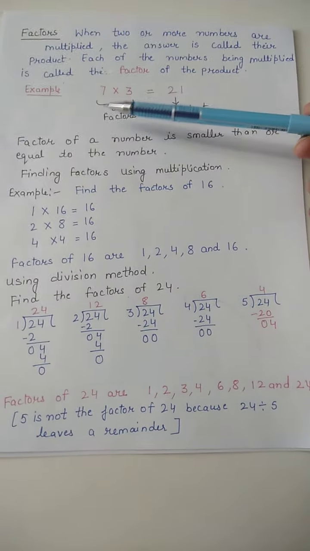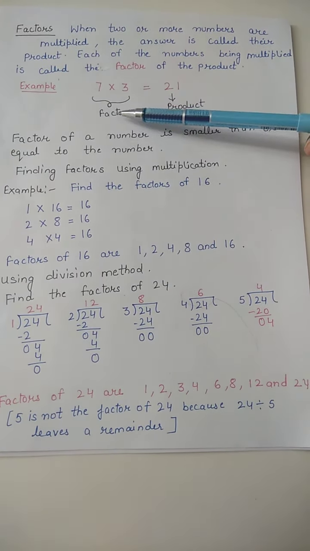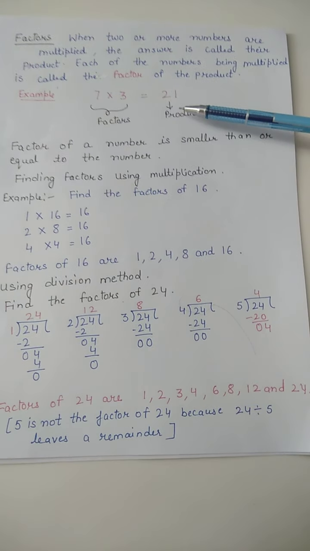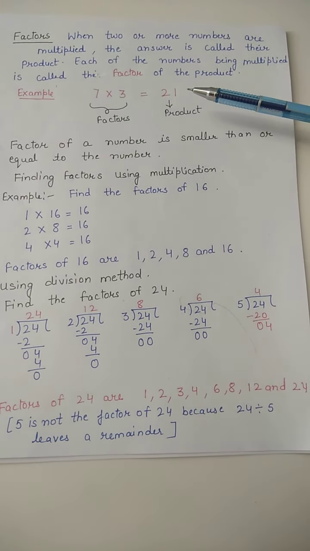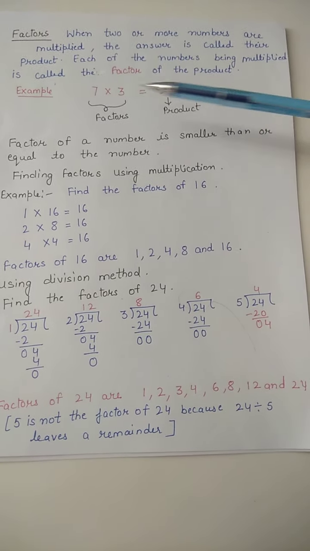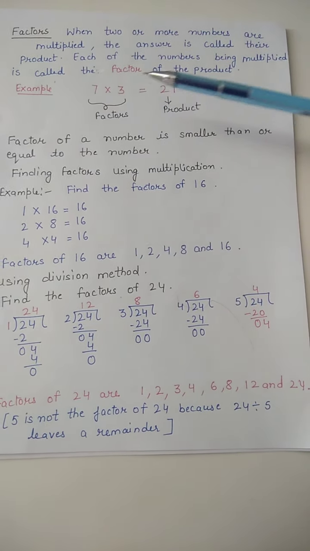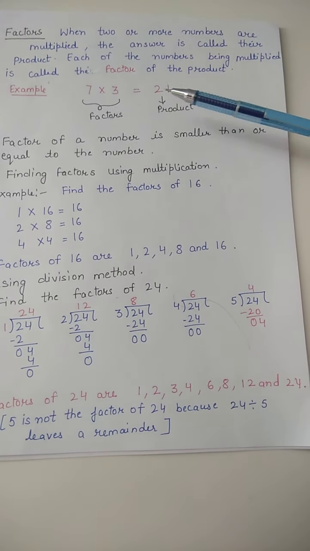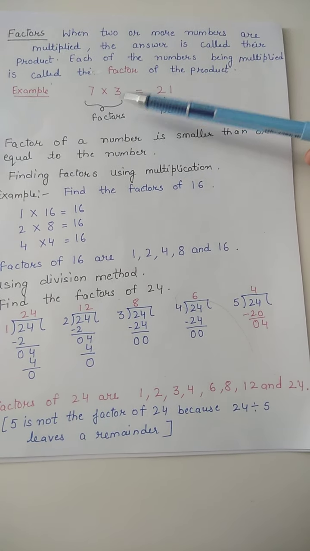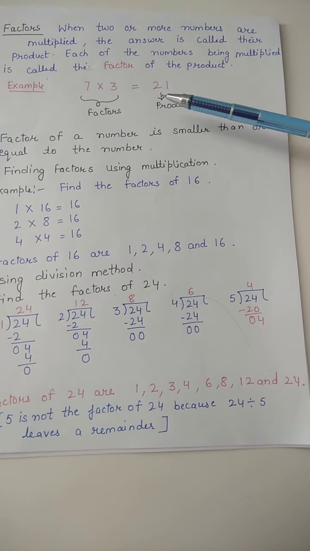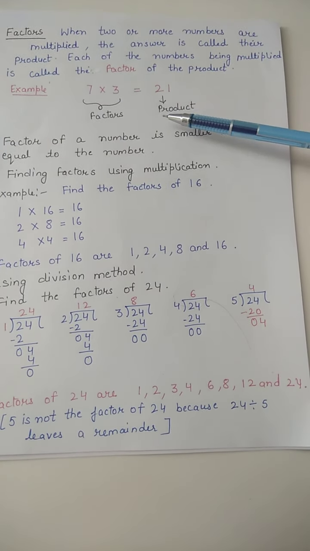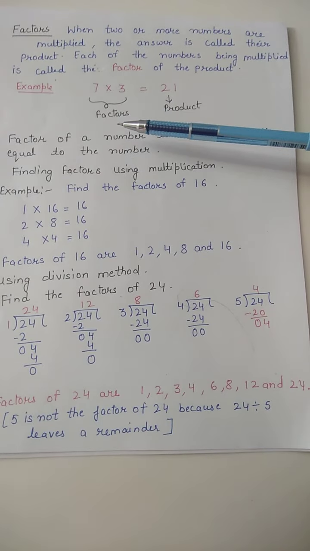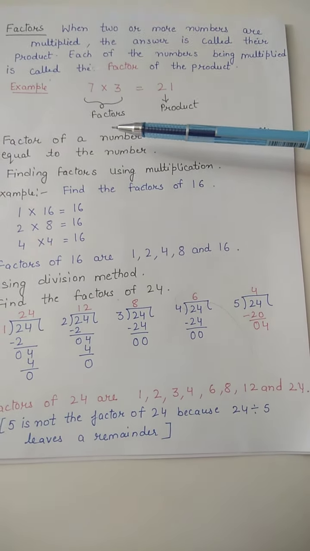Getting the product. So what are we calling these two numbers? Factors. Factors of what? Of this product, right? And if you are confused about the multiple, what we say is that when we are multiplying two numbers, the product we call the multiple, right? So when two numbers are multiplied, the product is called the multiple. Now, the two numbers that we are multiplying, we call factors, right?